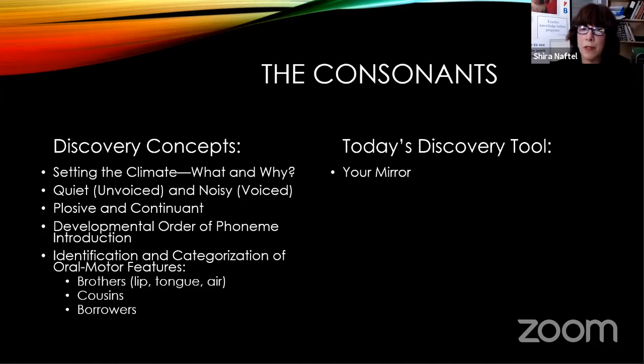The pairs are exactly the same, except one is voiced and one is not voiced. We will experience that. A total of 14 letters. There are 3 consonants that are cousins, and we'll talk about that. And we have 24 consonant sounds in total in the English language, and about 17 of those consonants only make one sound.